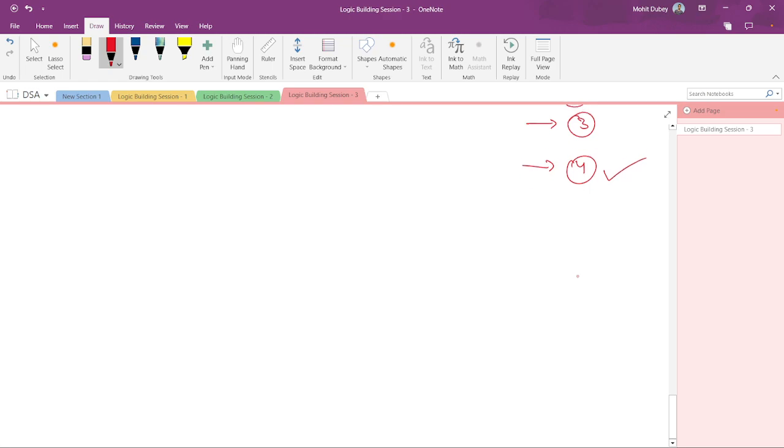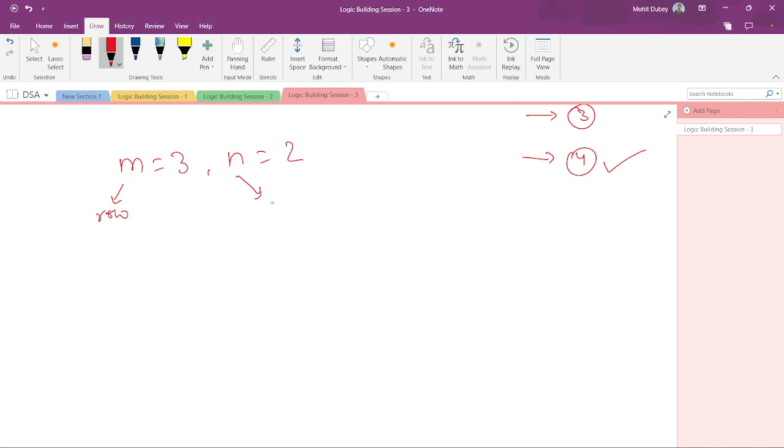Okay, so now let's consider m equal to 3 and n equal to 2. If m is row and n is column, how should